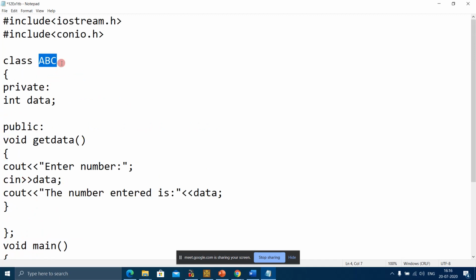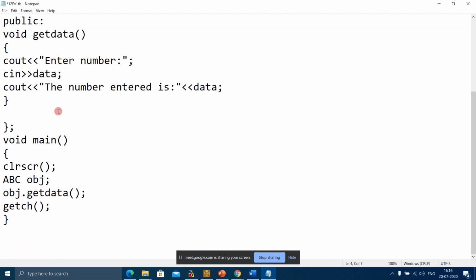This is the class, and this is the object of a class. You can instantiate multiple objects of a class. Here I have given, for example, obj, comma obj1; I can give comma obj2. Fine.